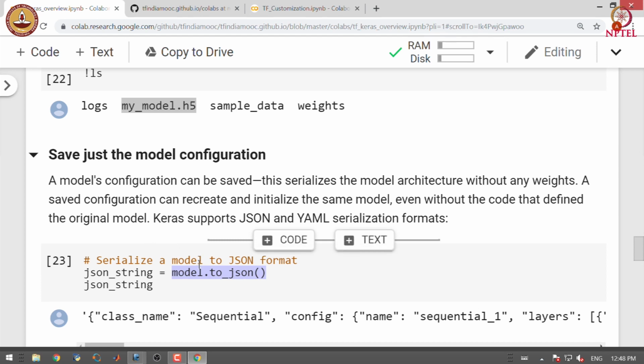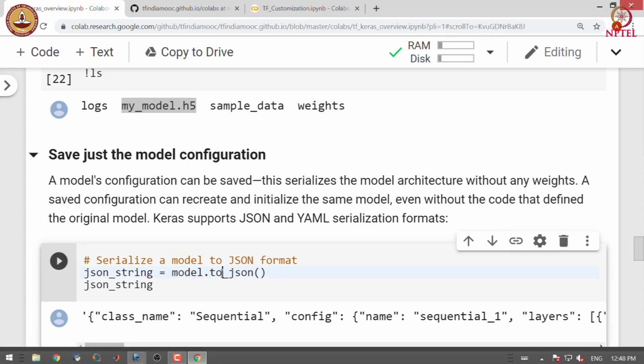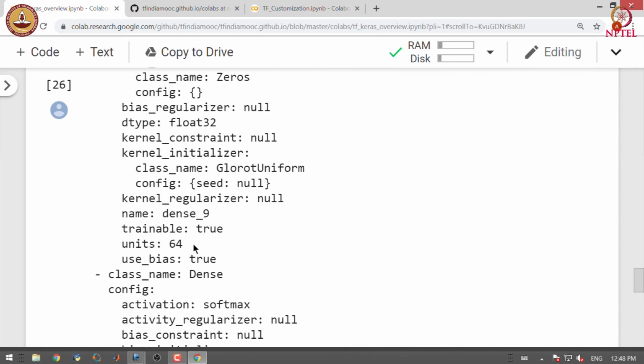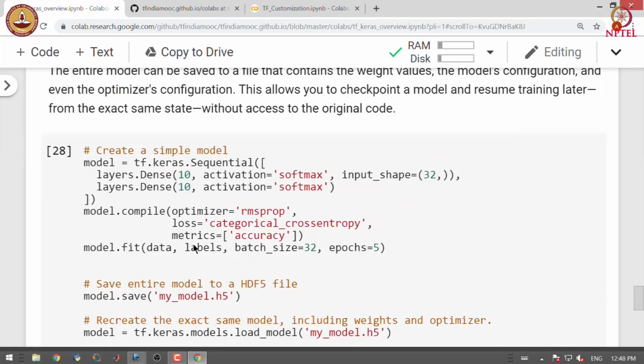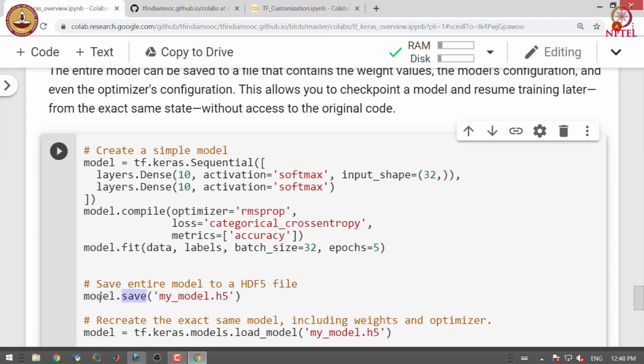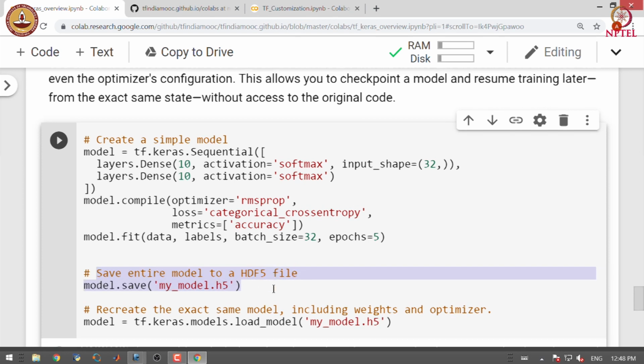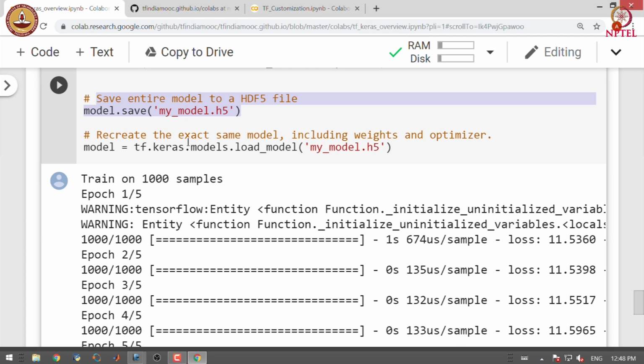For saving only the model, we converted it to JSON or YAML format, whereas in order to save everything, we simply call the save function on the model, which saves the entire model, in this case in HDF5 format, and then we can simply restore the model including weights and optimizer.